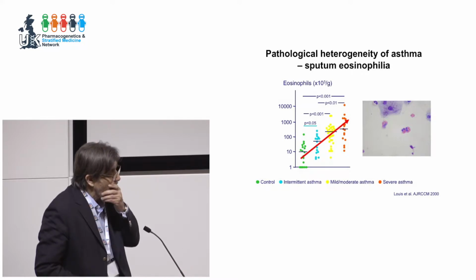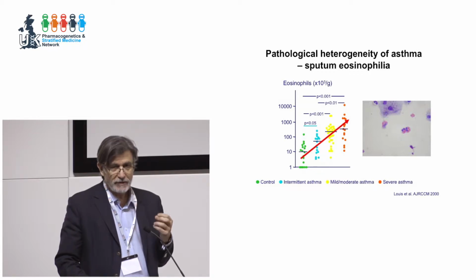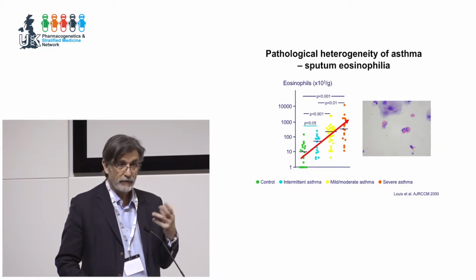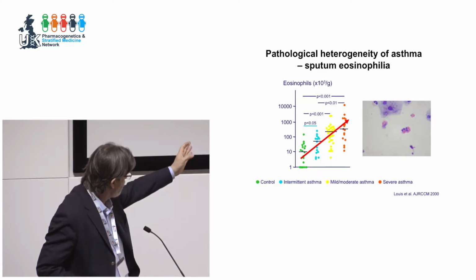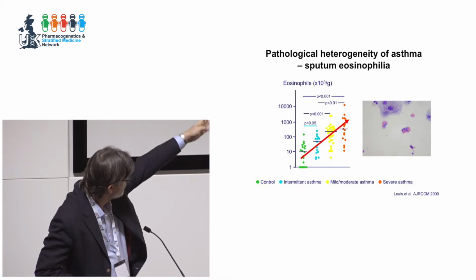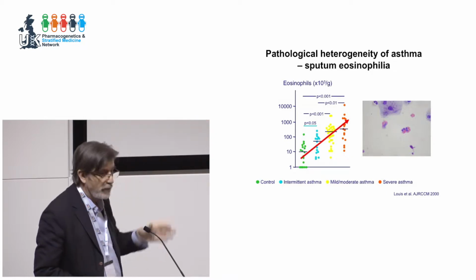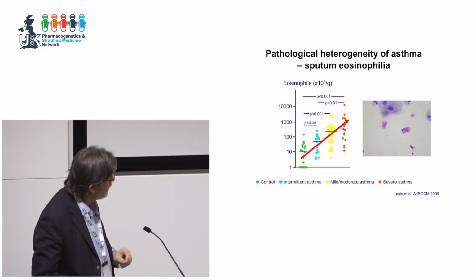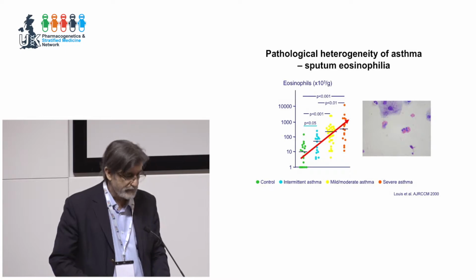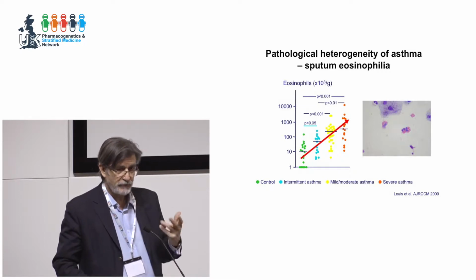So if you know a little bit about the pathobiology of asthma, you'll know that it's associated, or people think it's associated, with something called eosinophilia. Eosinophil counts are raised in asthma in a significant proportion of individuals. And indeed, if you go across the spectrum from control individuals in green, the turquoise intermittent, very mild forms of asthma, mild, moderate, and severe, you see this escalator effect. So this is looking at sputum eosinophils, those bright pink cells on that slide. And that is true. Asthma does get more eosinophilic as it becomes more severe.